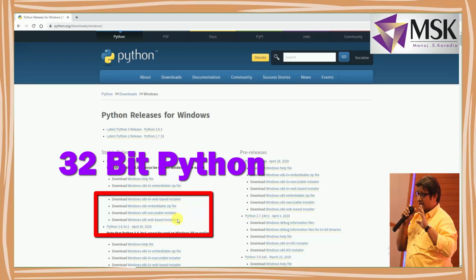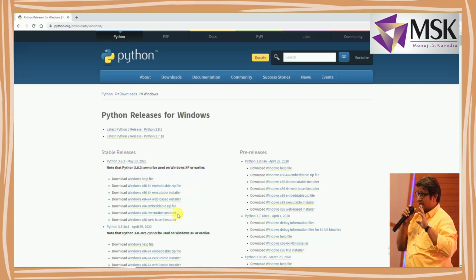So if you have a 64-bit machine, you can install this. If you have a 32-bit machine, you can install this. But even on a 64-bit machine, any one of these three can be installed. Here I'll be installing with the Windows x86-64 executable installer. So these were all the things available in the Python for Windows option.